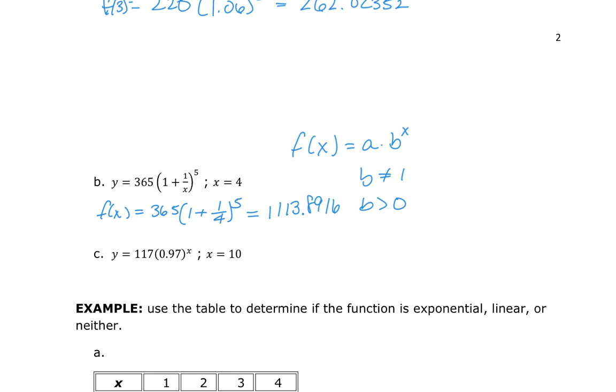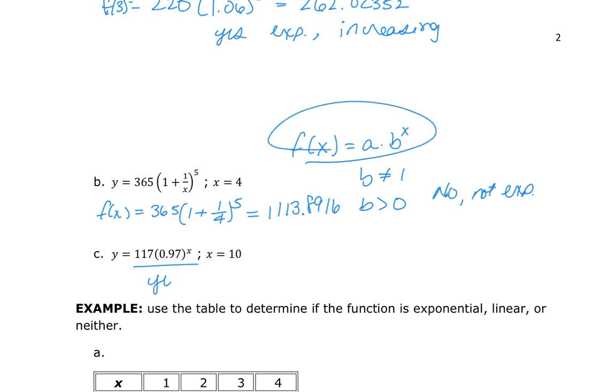Now what about the next one? So this is, yes, exponential, and it is growing. So it's increasing. This is no, not exponential. And then this one is of this form, so we know yes, this is exponential. And my base happens to be less than 1, so we are decreasing as x moves from negative to positive infinity. And so f of 10 would be, or y is equal to,